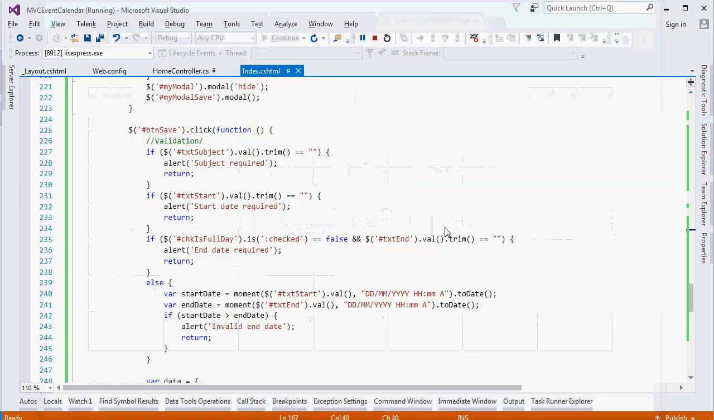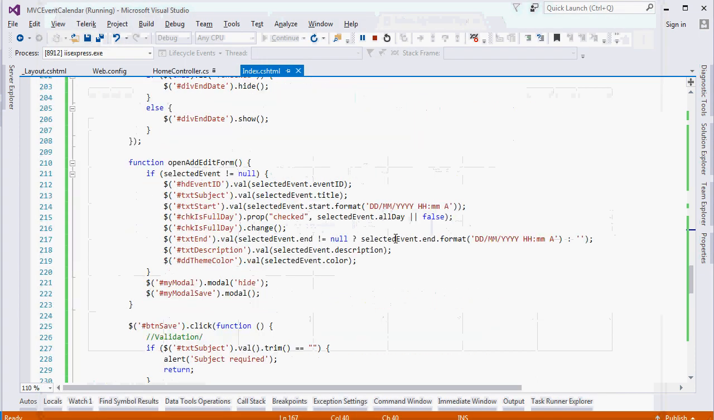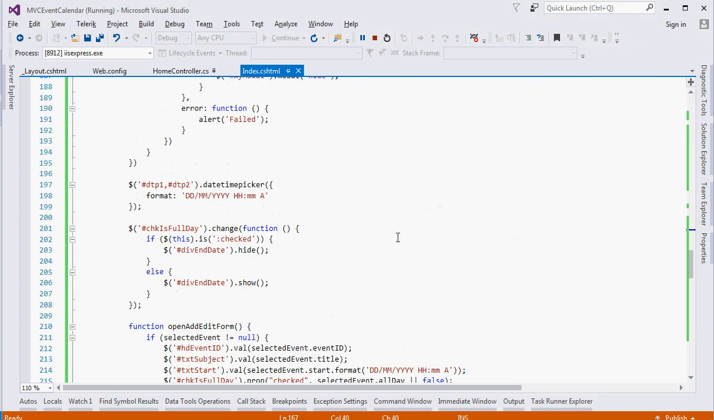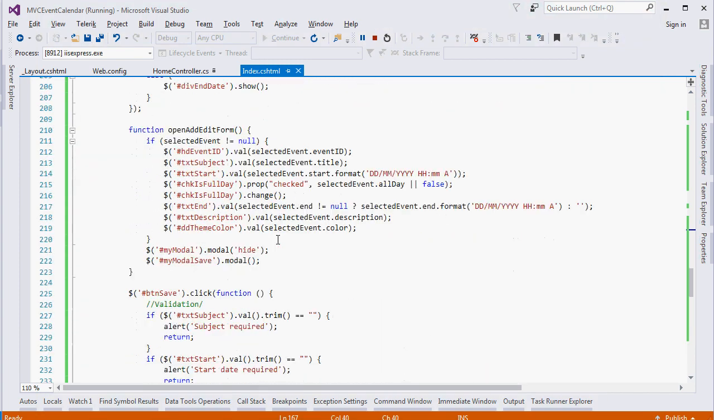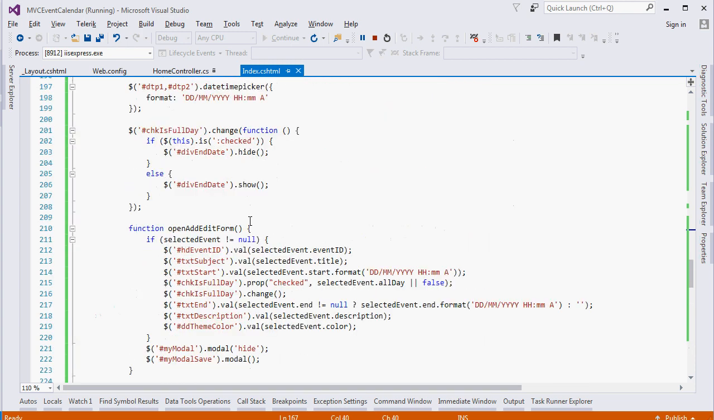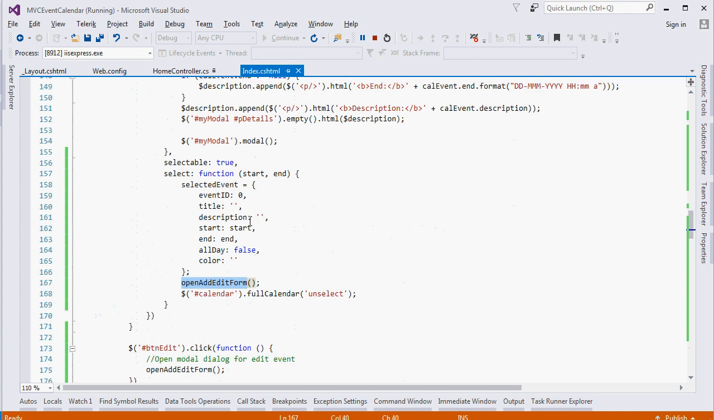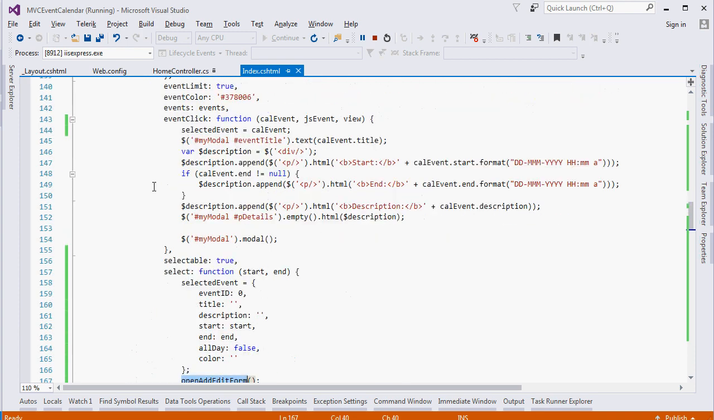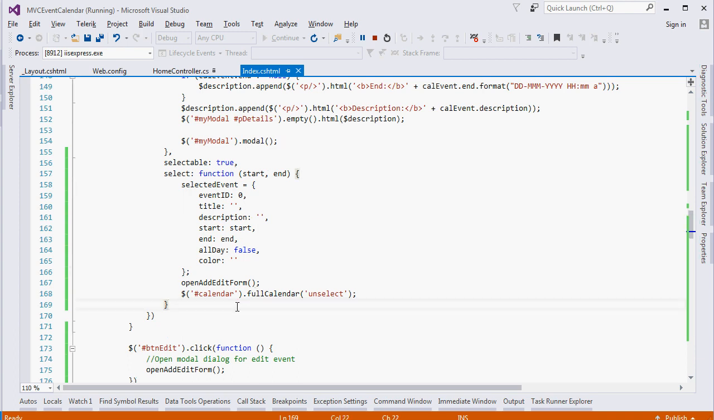So what I will do, I will go back to our view page, and here the only thing I need to do is the calendar. Where is the calendar? This one. This is the select event we have already done. Now here I need to do two things. One is editable is true,